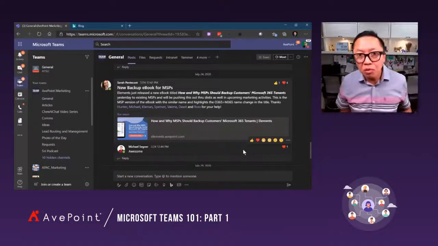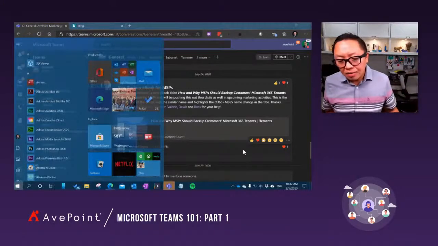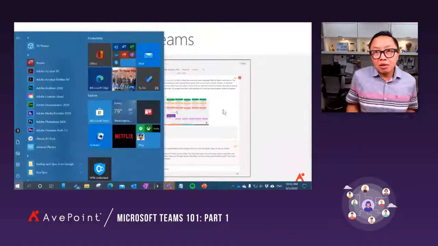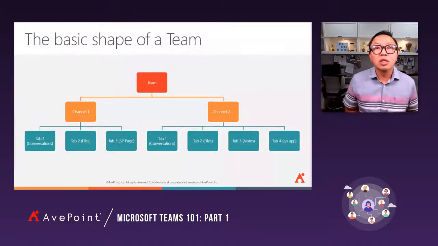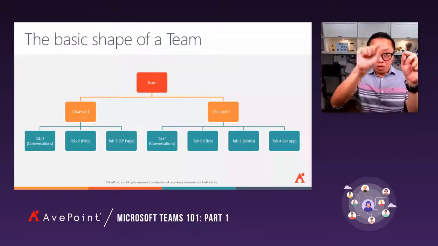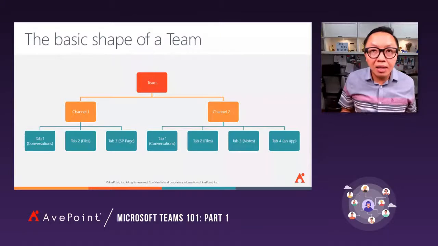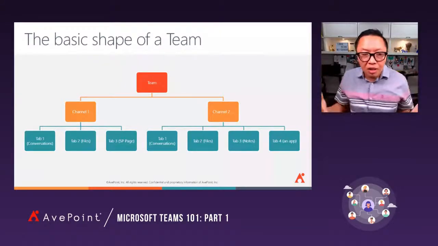Now, some of you may be wondering then, why is this better than a group chat? Let me put it this way. Think of group chat as like WhatsApp, like Facebook Messenger. A threaded conversation is like a post on Facebook with threads or a post on LinkedIn. It's more organized, it's searchable, whereas group chat is very informal. It's really hard to keep track of.